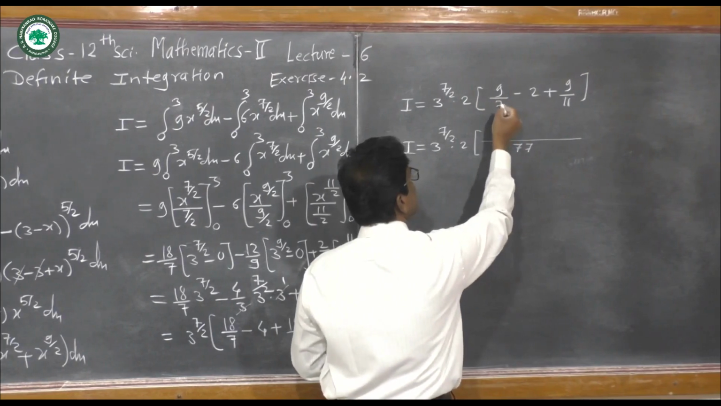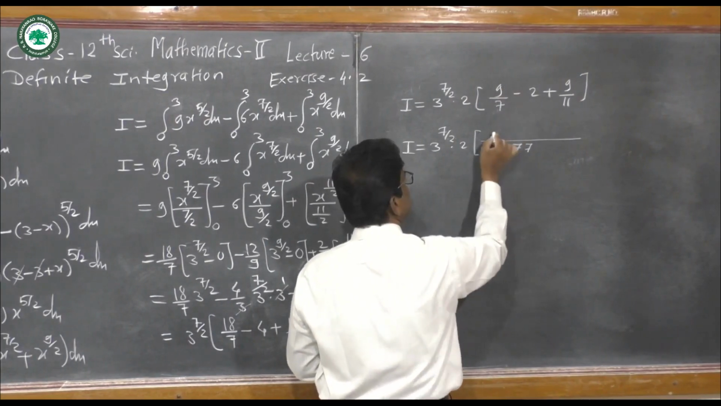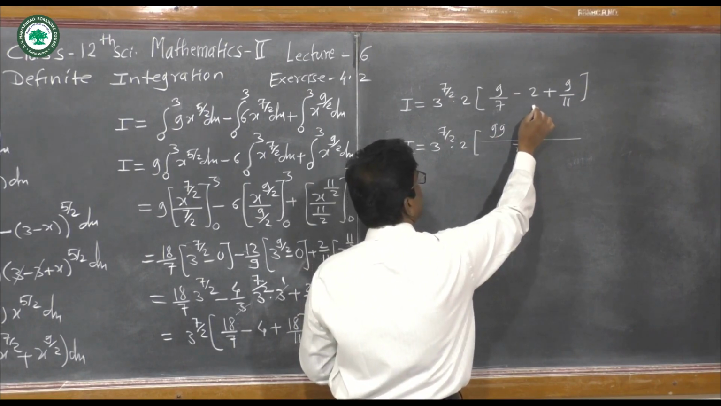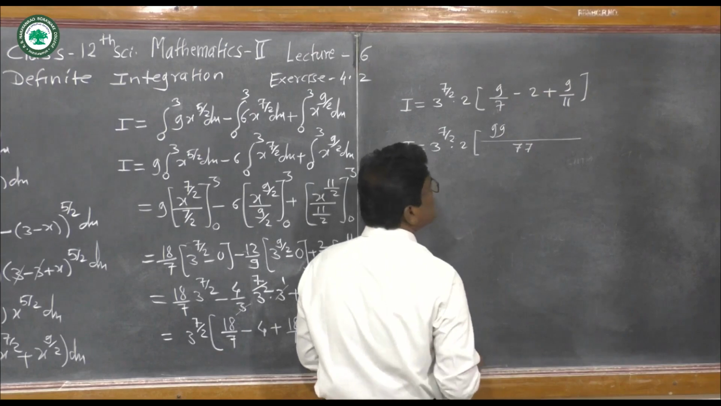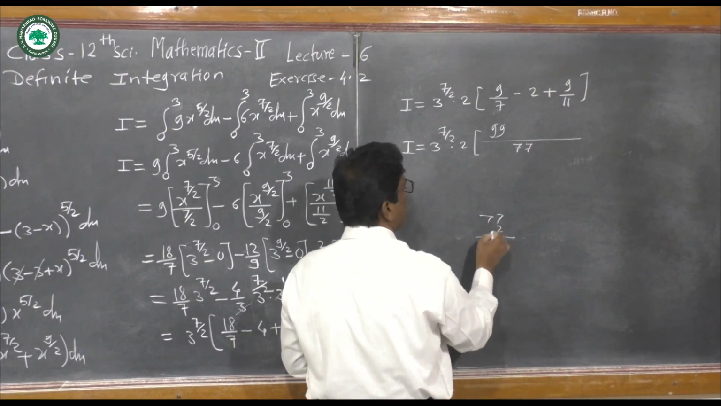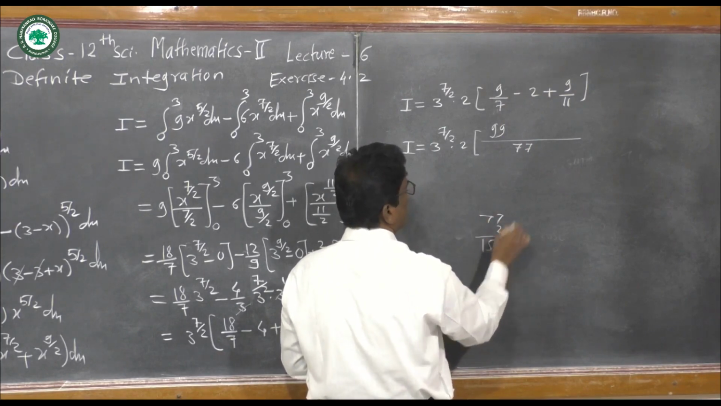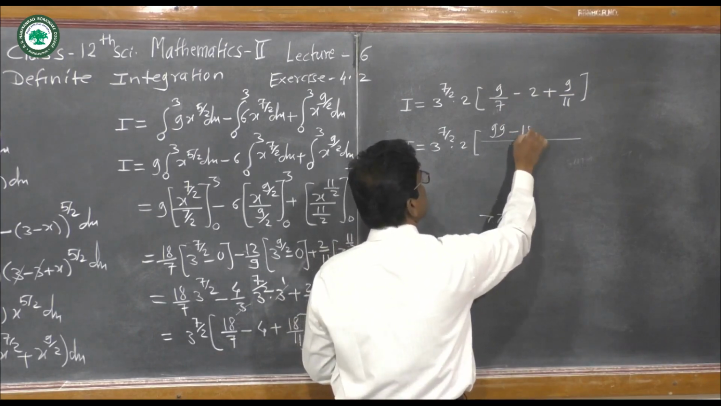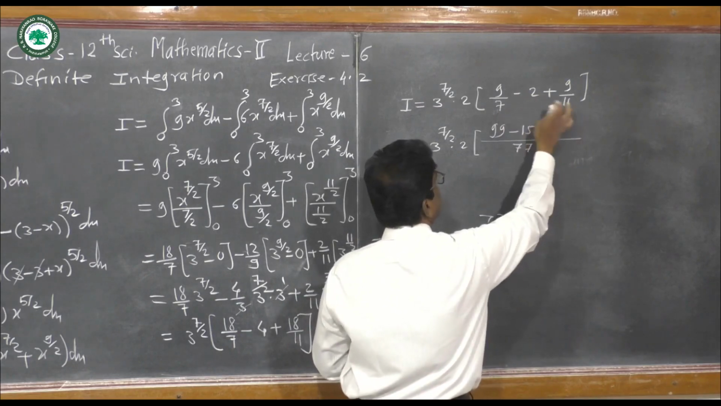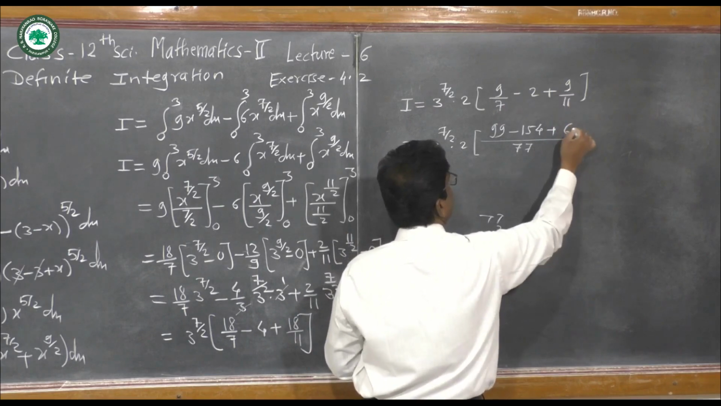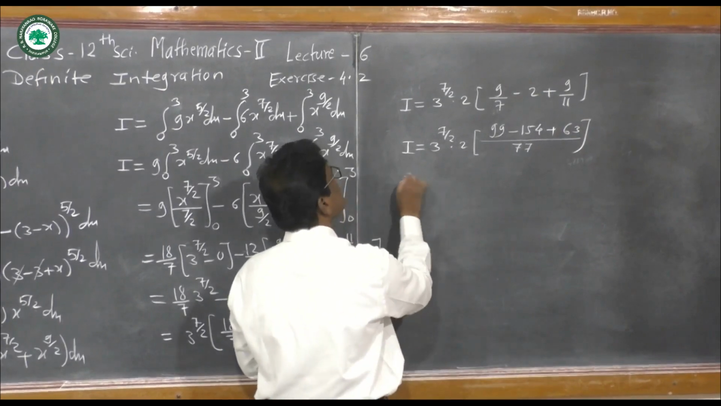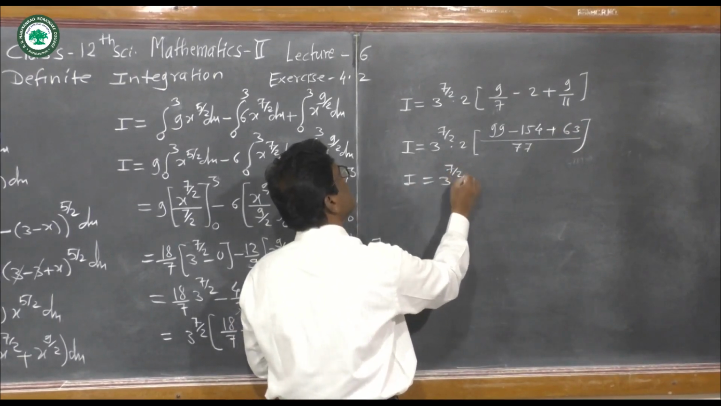So to make this 77 we multiply by 9. So 11 9s are 99. Here we have merged the denominator 77. So multiply by 77 into 2. 2 7s are 14 and here 2 7s are 14 and 1 is 15. So 154. So it is minus 154 plus here to make 77 we have to multiply by 7. So 7 9s are 63. So we get I is equal to 3 to the power 7 by 2 into 2